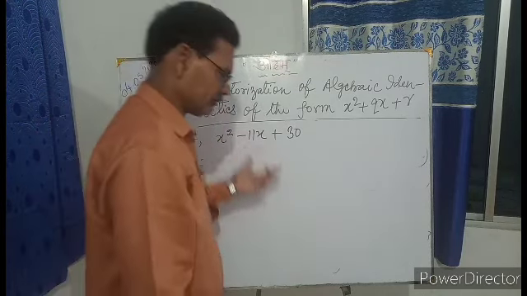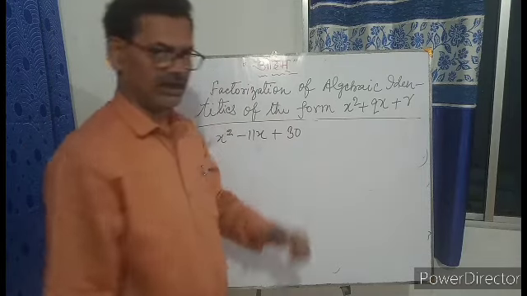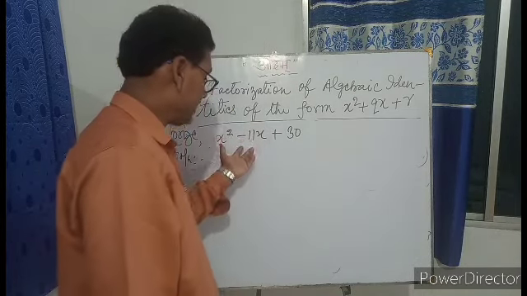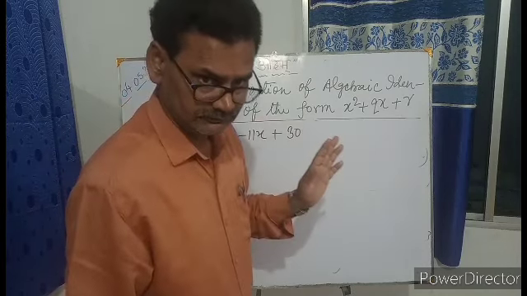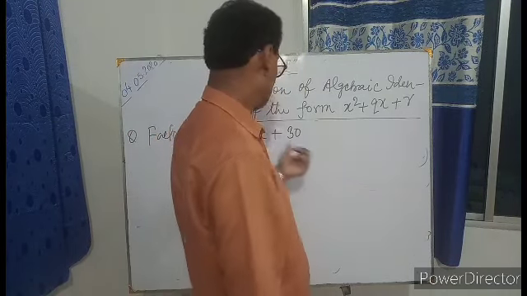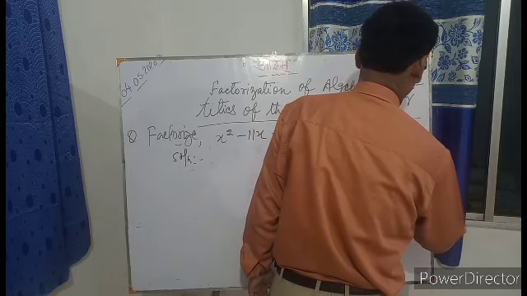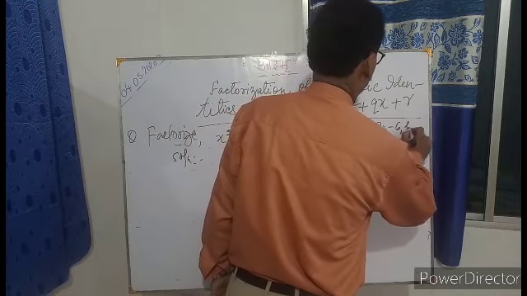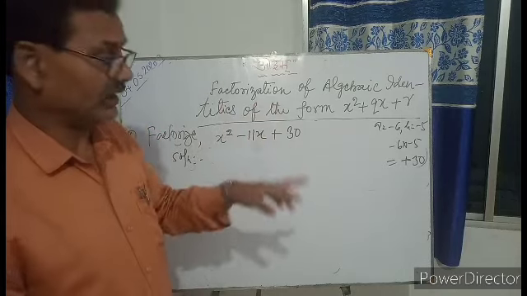Okay, x square तो x square है, ये middle term क्या है, -11 है, ठीक है। इसको हमें तोड़ना है, हमें इसको a प्लस b के रूप में लिखना है, ताकि a प्लस b -11 हो, और गुना करेंगे तो +30 हो। सोचिए 11 कैसे होगा, 6 और 5 होगा, है ना। और माइनस 6 और माइनस 5 करते हैं तो -11 हो जाएगा। और -6 और -5 को गुना करेंगे तो माइनस माइनस प्लस 30। So we have got the factors, 11 को हमने दो रूप में लिख दिया, a बराबर -6 और b बराबर -5।